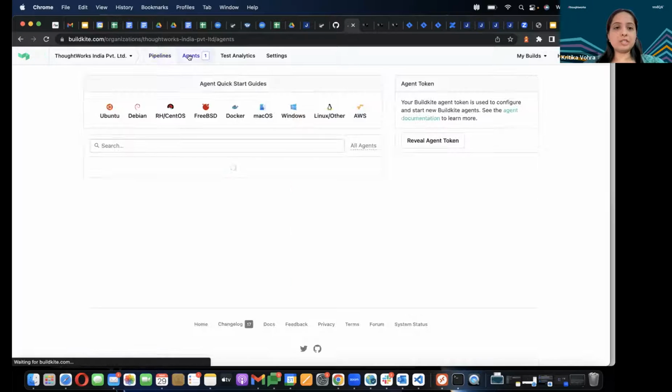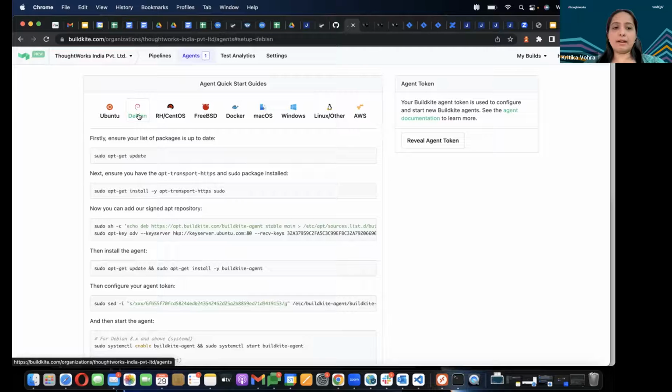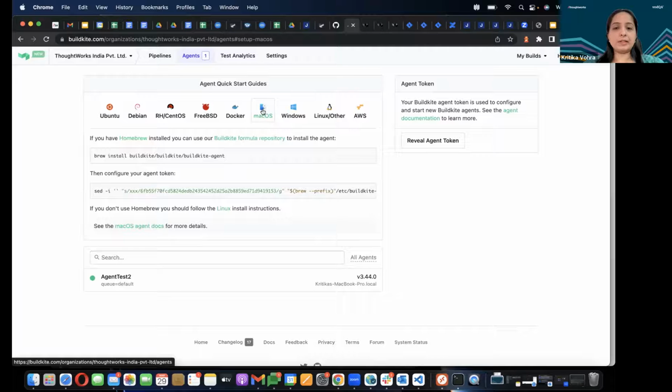So when I go to the agents part, you could see this is the UI which was shown in the deck, where this is the agent quick start guides. So these are the platforms where we can install a Buildkite agent, and clicking any one of those would give the installation steps for installing the agent on the specific platform. So currently, as I'm on macOS, I would be installing an agent on Mac. So if I click on macOS, I would be getting this command over here, which I already showed in the deck. So the prerequisite would be we need to have Homebrew installed on our machine